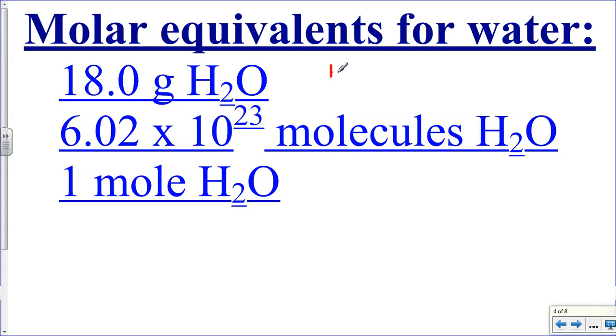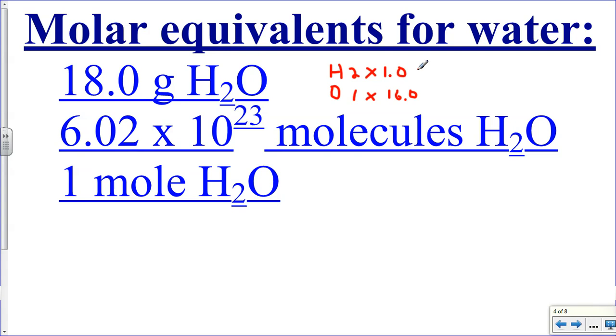Well, if you recall, figuring out your molar mass, we've got hydrogen and oxygen in our water formula. We've got 2 atoms of hydrogen, 1 atom of oxygen, and you look up the atomic mass on the periodic table, round it to one place past the decimal,